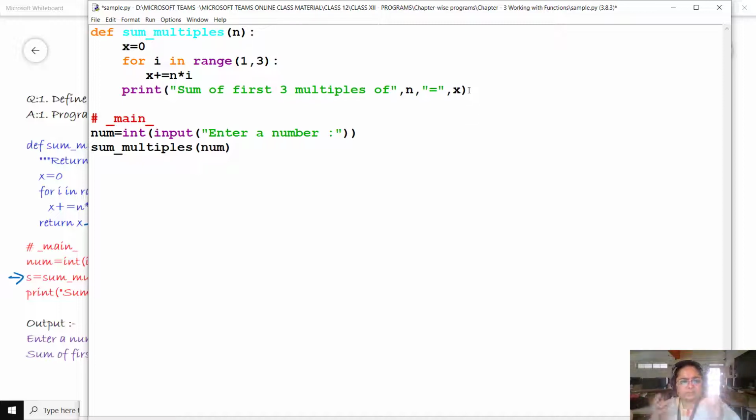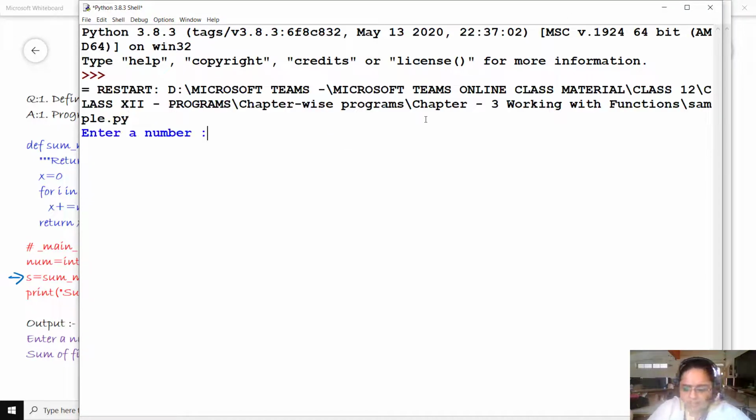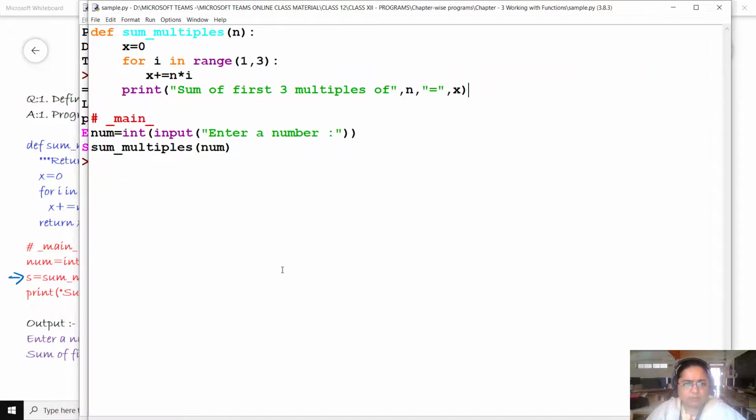The sum of first three multiples of n is calculated as well as displayed within this function itself. Now if I run the program, everything will be the same, that is the output is the same as before. What changes is the programmer's view. So students, this is the program for printing the first three multiples of n.